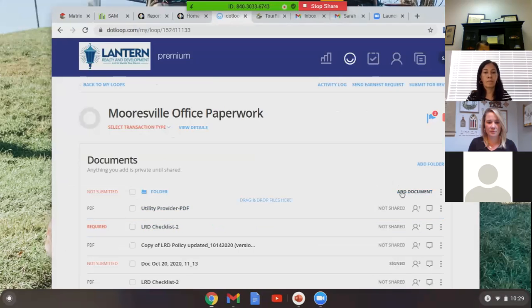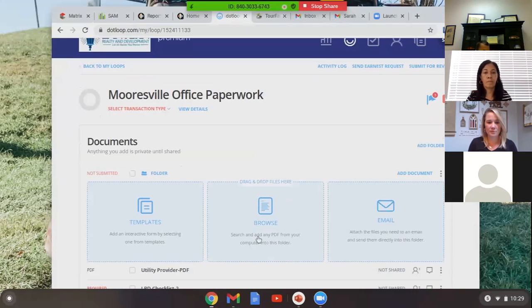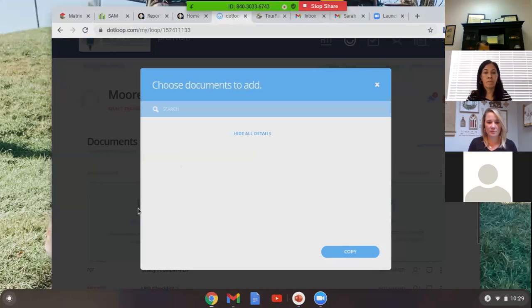So let me show you. If I go to templates, I can scroll down and I see, well, maybe I missed it, there is one that says checklist right here. So if we click checklist